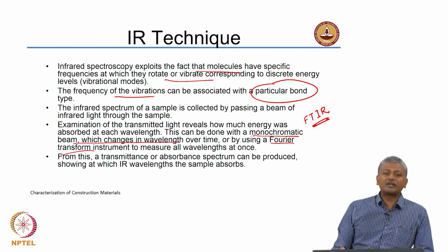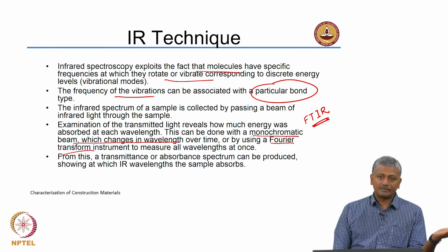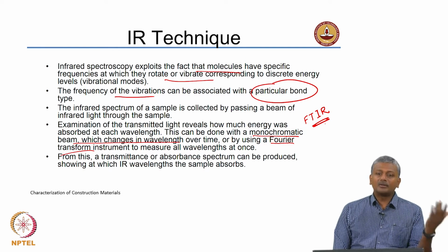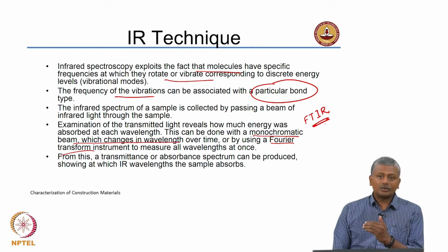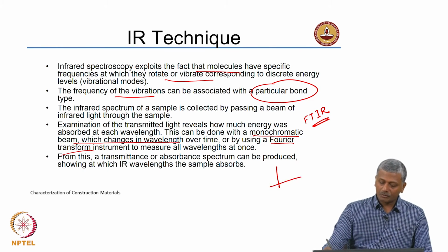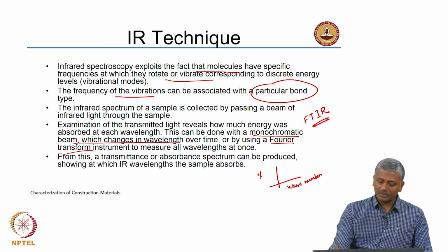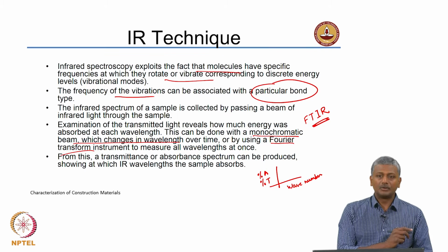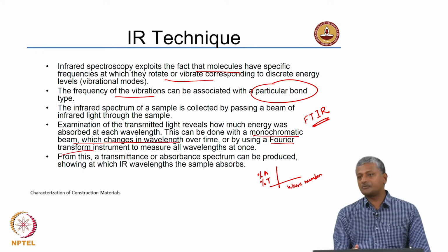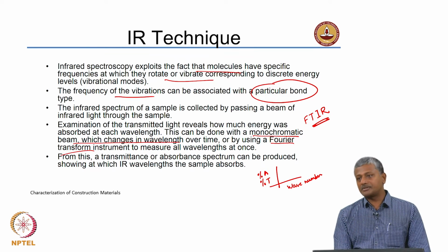So, the spectrum here is quite similar to what you had in the case of the absorption spectrum seen previously. You plot the absorbance or the transmittance on the y axis and the wavelength on the x axis, but in this case we do not plot the wavelength, we plot the wave number. So, we plot the wave number on the x axis and the percentage absorbance or percentage transmittance. Once again, at specific wave numbers we will be generating certain peaks, and that will be indicative of the species that are present inside the system.